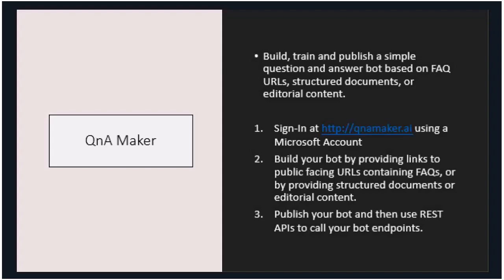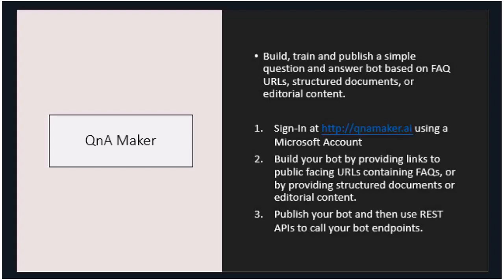So there's some other tools that Microsoft makes available to help jumpstart your bot development. And one of them is called Q&A Maker. So Q&A Maker allows you to start with a bunch of frequently asked questions. And they could be on a website, they could be in a structured document, or they could be just manually entered into the Q&A Maker system. And what Q&A Maker allows you to do is have those frequently asked questions put into a system that is then analyzed using linguistics, artificial intelligence, and it builds a model, and then it publishes that model to a REST